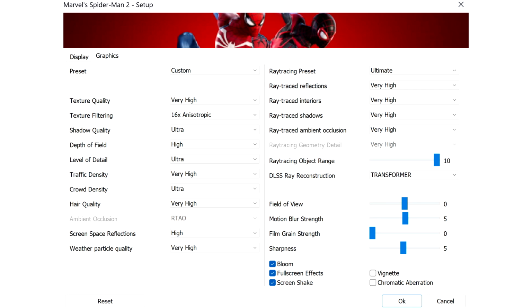The biggest surprise is the inclusion of the latest transformer model for DLSS ray reconstruction, which greatly improves the ray tracing quality. Menno Bil, graphics programmer at Nixxes, said about the feature: in Marvel's Spider-Man 2 on PC with ray reconstruction enabled, we see more detailed ray traced reflections and better defined ray traced shadows, especially when viewing ray tracing effects at steep angles. We also see improvements in the ray traced interiors and less ghosting and noise in the